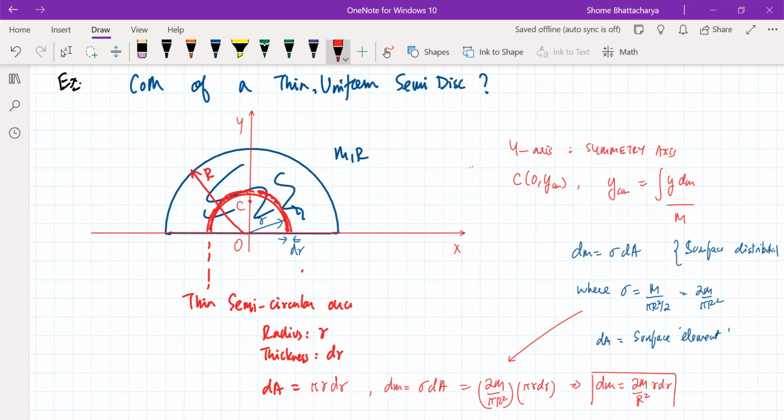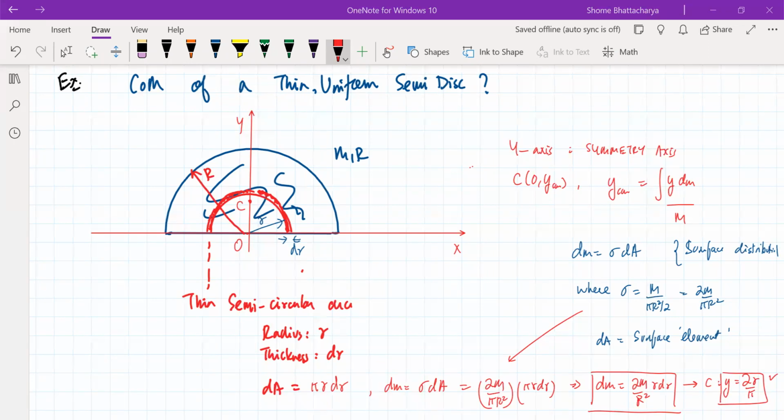Now, if I treat this like a differential mass particle, where is its center of mass located? Its center of mass is at y equal to 2r by pi. This is the formula we had just seen. So I can replace that entire ribbon of mass dm with an equivalent particle located on the y-axis at this point. So in the integration, this is what I'll substitute. Got it now?